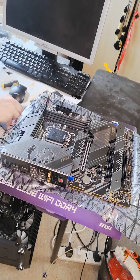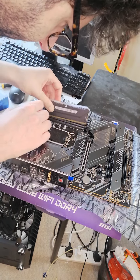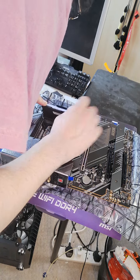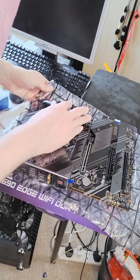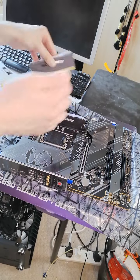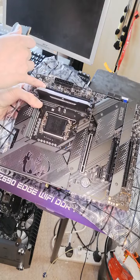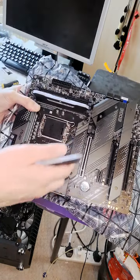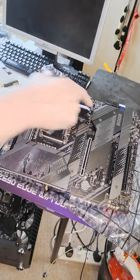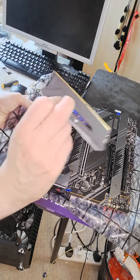So let's install these. Corsair Vengeance RAM slots in here. Push them down until they click. So I put that into the first one there. So now I'm going to put it into this third slot over here. You want to unclip, pull open the clip, sorry, and you want to slide those in. Make sure you've got the